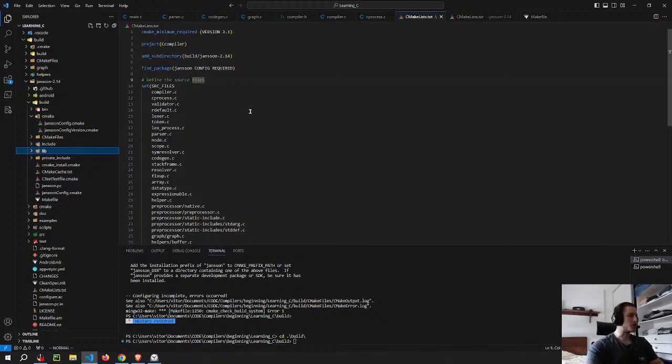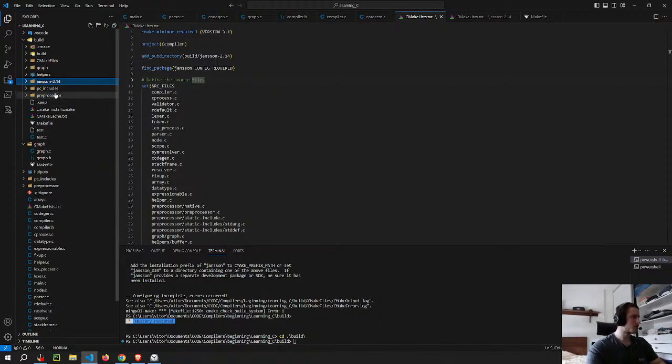But I'm struggling to think about what is the best way to format or structure the project here. Not because I don't know how it's going to grow, but it's just difficult to know what is usually the way that people do it. And I've seen some stuff and it seems like they recommend you create an include folder and put this stuff in the include folder, but then some people use the build folder, and I was using the build folder because this project here comes from another course. So